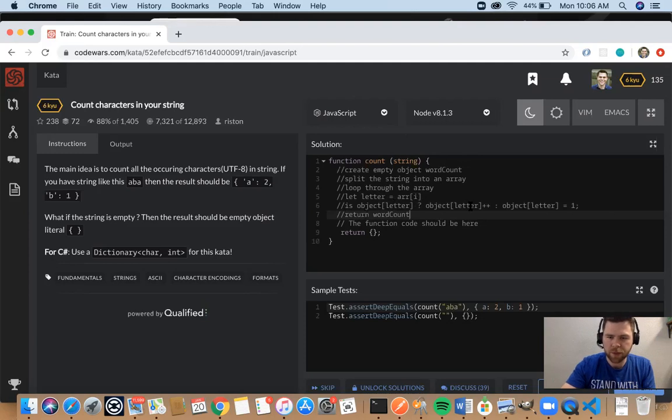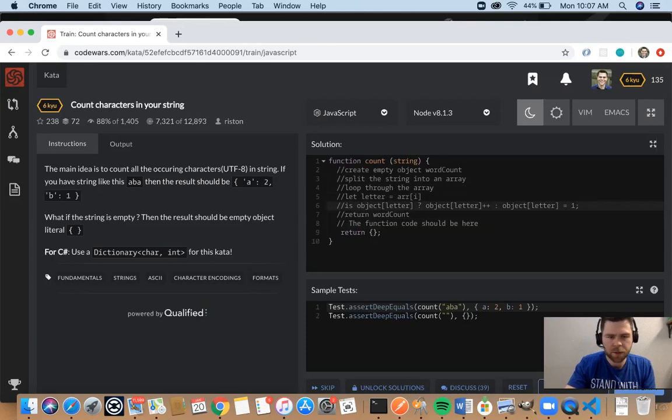If so, it is incremented, else it's set to 1. Time complexity should be O of n, basically the length of the string, because for each letter we're doing this. Space complexity I don't think is an issue.